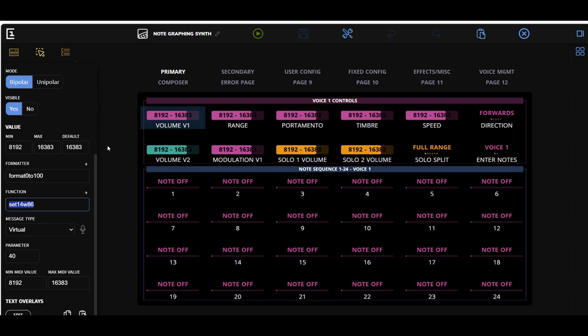Now, it just turns out that when you write your EaganMatrix programs, at least when I write them, most of the controls that you need have a 0 to max range. So you'll find yourself using a lot of these bipolar macros using this 8192 to 16383 range. And of course, you'll scale it internally if you need values between that to map to whatever value you need